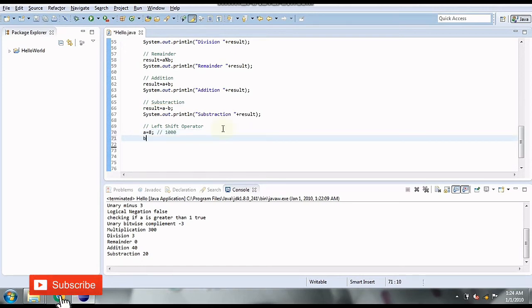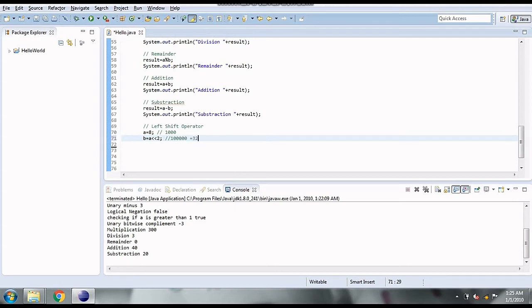When I say b equal to a, then the left shift operator, which is denoted by 2 angle brackets, and the number of bits I want to shift. If I say 2, it is going to be shifted by 2 bits. So simply two zeros are going to be added at the end of the binary number. So it is going to be 1 0 0 0, which is 8, and then 2 bits.